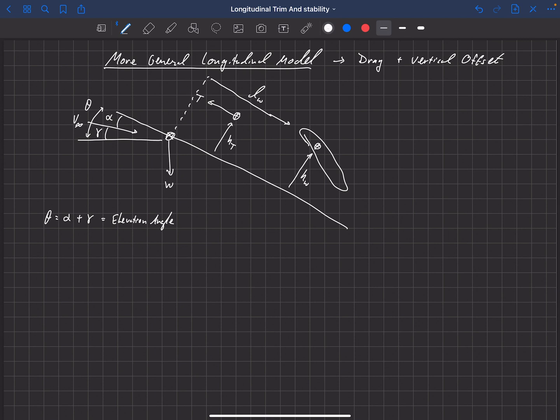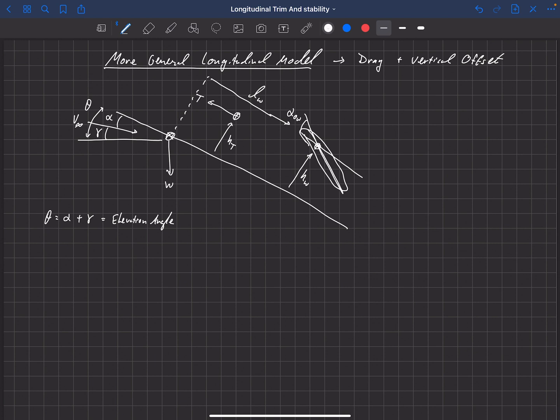And then that wing can be mounted, so this line here is parallel to the fuselage reference line, but that wing has a local mounting angle here that we're going to call alpha naught wing. And then the lift and drag in general are perpendicular to v infinity, but the local velocity that wing is seeing can be affected by downwash. And so in general, we could account for downwash on any wing.